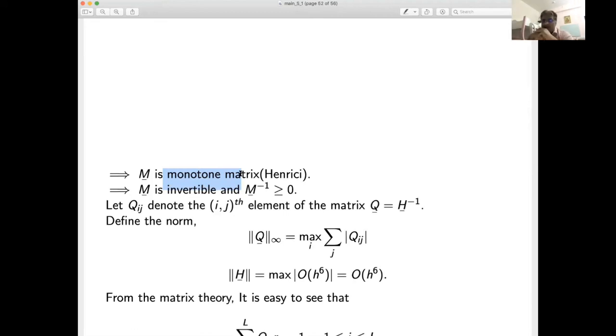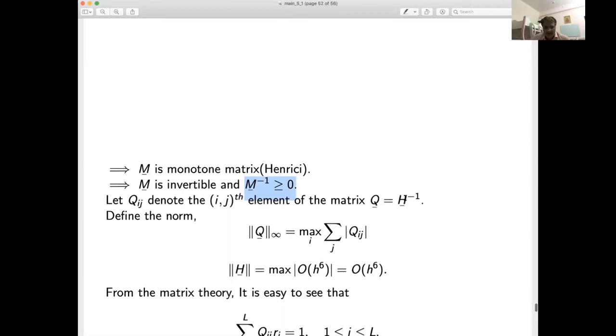Please note that this I have obtained for the general case f, not depending on linear or non-linear or some particular problem. So the matrix is invertible, and not only invertible, each entry of this inverse matrix is positive. This is the result from linear algebra I took directly. Now, the matrix is invertible, so there must be some element. I have denoted here. Oh, sorry, this is M.